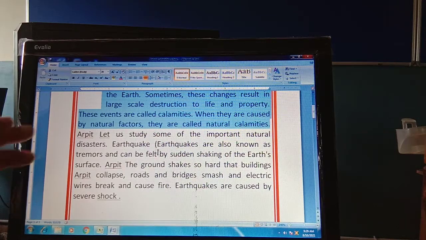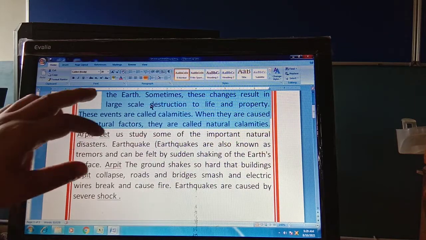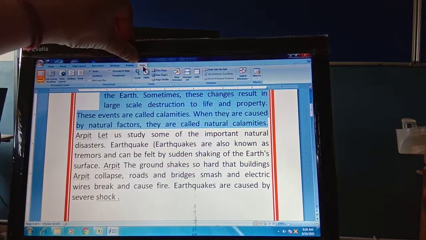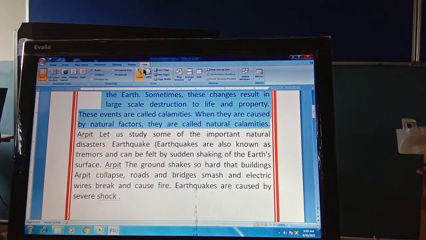How to set? Just go to the print layout button in the document views group on the view tab. You know there is a view tab. Are you able to see? This is the view tab. Here we need to click, and in the document views just click on the print layout button. This is your print layout button. To change the left margin, point the margin to the boundary